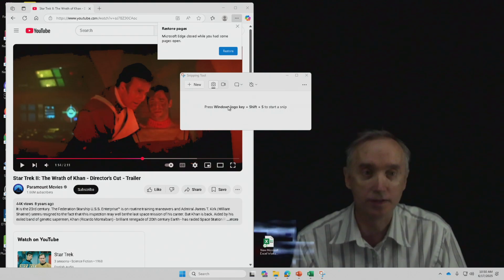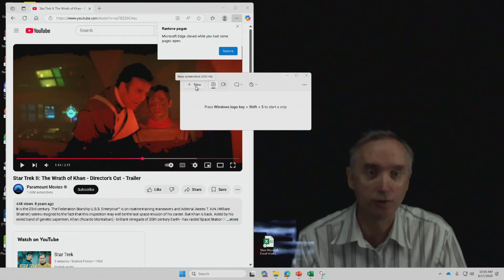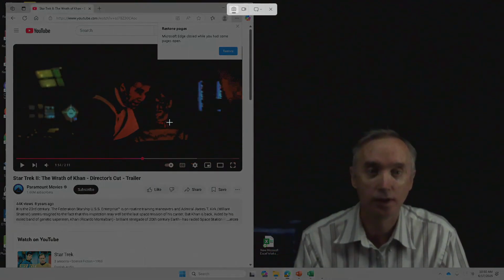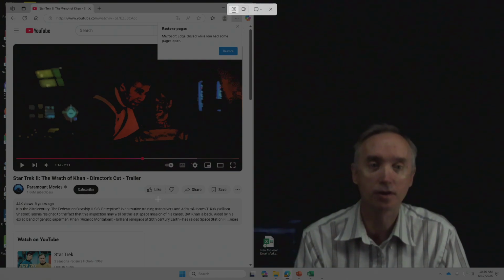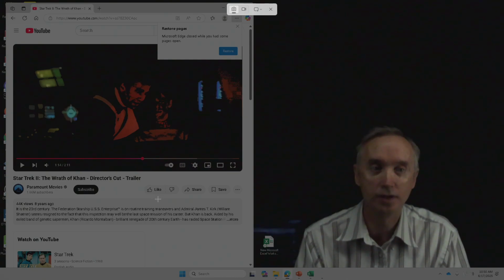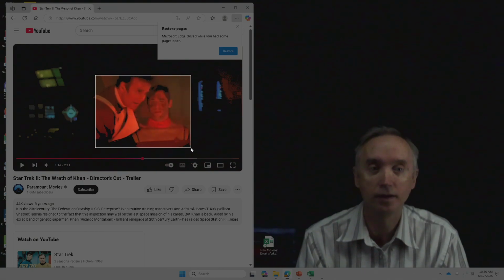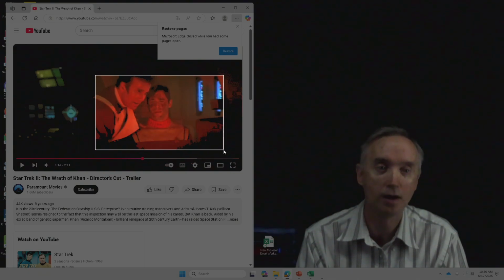Okay, and then it says new. So you're going to click on this plus symbol, new, because we're going to make a new snip. Okay, and then what you can see is it darkens the screen, which means that you can now take your snip. Okay, now you put the cursor anywhere that you want, and then you're going to make a box with it. So if you do a left click and then you pull it down, you see that it is making a box, so depending on the size of your box,